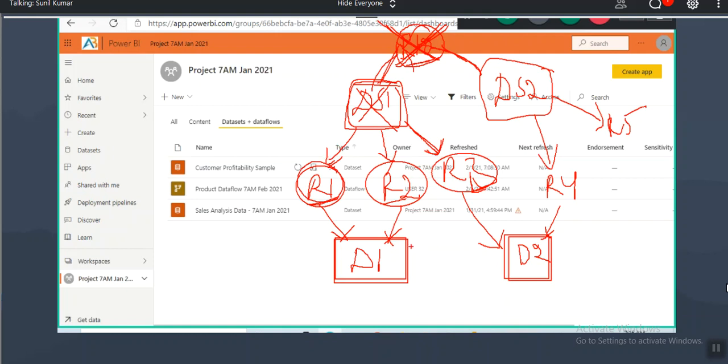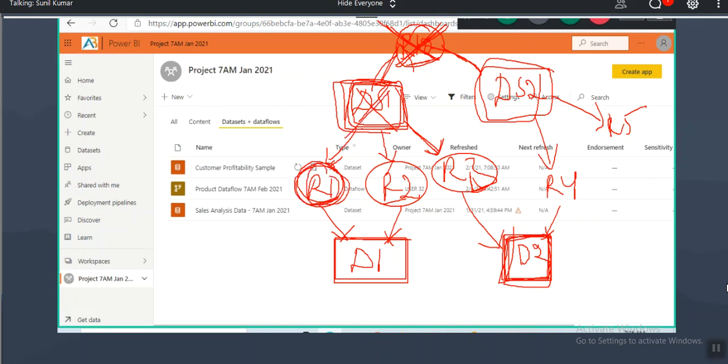Can we create a dashboard and place data from 2 data sets in the dashboard? Yes. In the dashboard, you can keep data from 2 data sets. It is possible. So in the report it is not possible, but in the dashboard we can keep the data from 2 data sets. Now, when you delete the data set, reports will be completely deleted. Why?